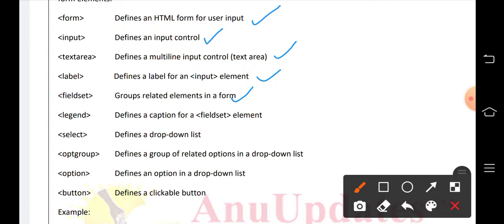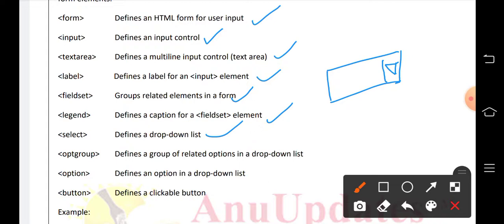Then legend. If you want to give some caption to this fieldset, then we give it by using legend. Then select is used to get a drop down list. Suppose we have state. When we click on state, we have to get all these states in a line, like Arunachal Pradesh, Andhra Pradesh, next Bihar, like that in order.